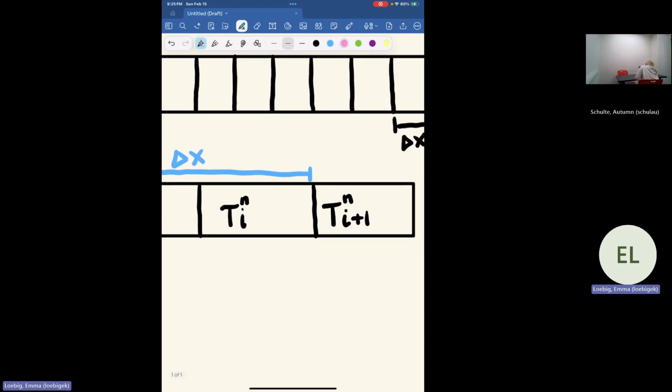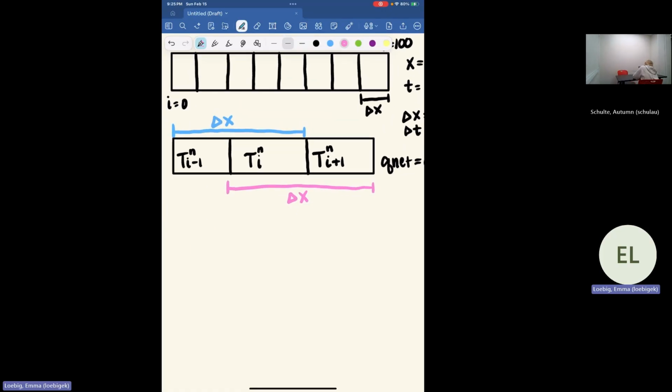And for the right side, we can take the difference between these two temperatures and divide that by this change in position, delta x. And then we're going to have an overall delta x